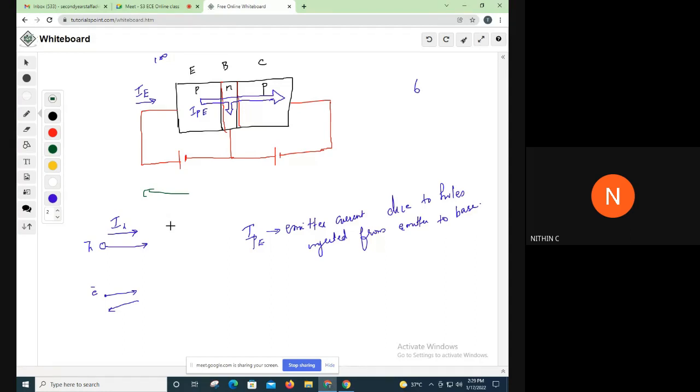So how will we represent that current? How will you denote the current due to the electrons on the emitter side? That's my question. Now, what you call IPE is the emitter current due to holes injected from emitter to base. Due to the presence of electrons, what is the emitter current? Yes, INE will be the representation. That's it. INE is the second representation. E indicates the terminal whose current it is, and the letter in between gives an idea about the carriers, which carrier it is.